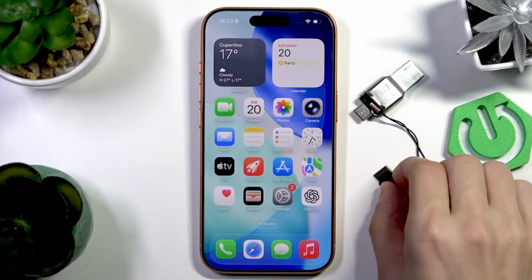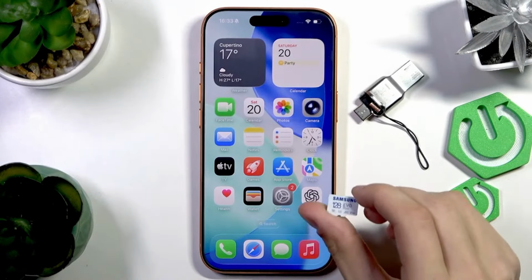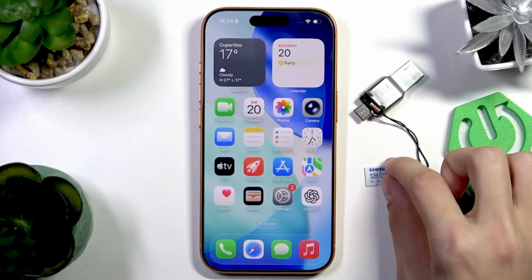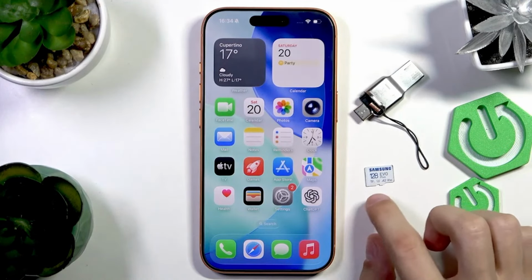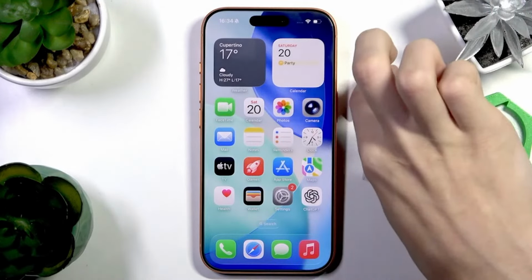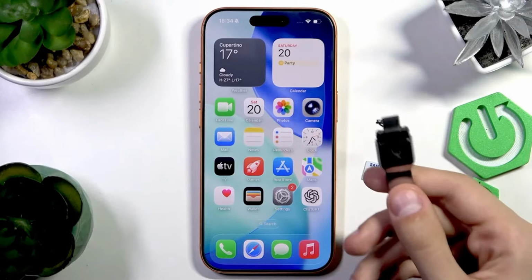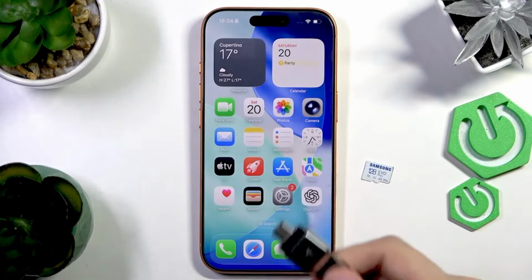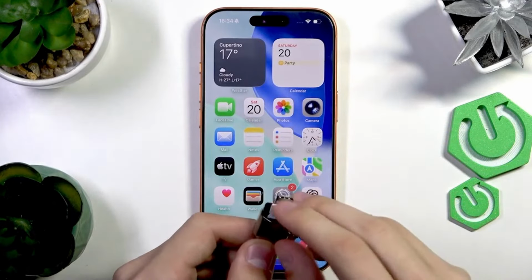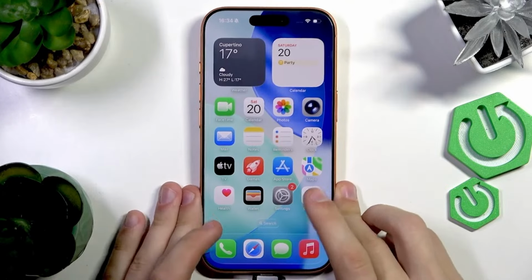So if you want to record videos from your iPhone and for them to be saved directly on an SD card, there are a few things that you're going to need. So the first one is the SD card itself. I have a 128GB card, so it should be pretty good. And then the next thing is the SD card USB-C adapter. So this thing here allows us to connect our SD card to our iPhone by using the USB connection at the bottom. So let's put our SD card into the adapter and then connect the adapter to our USB-C slot,